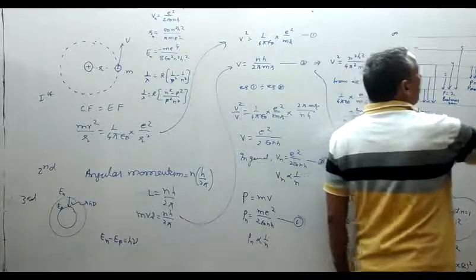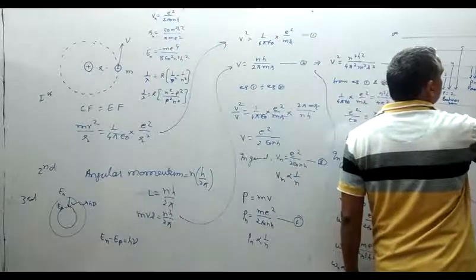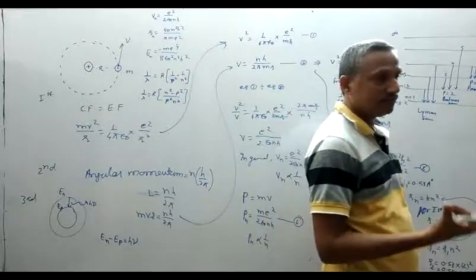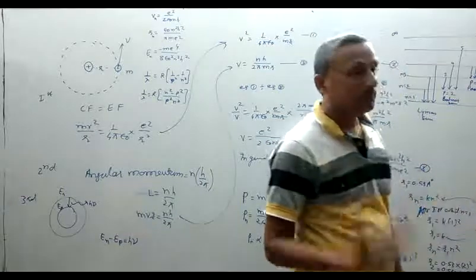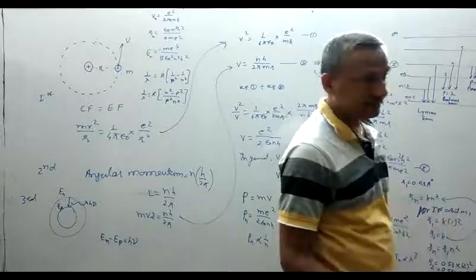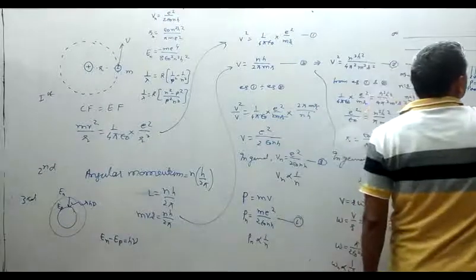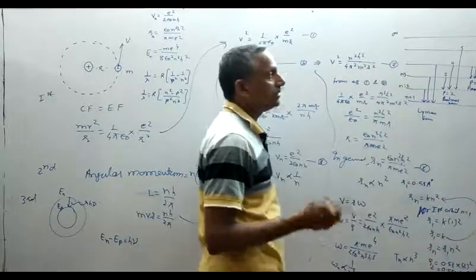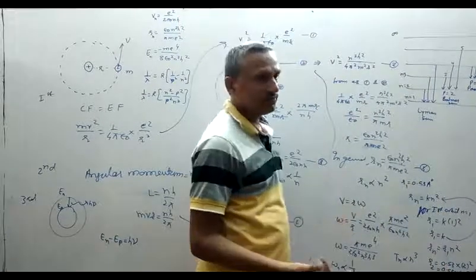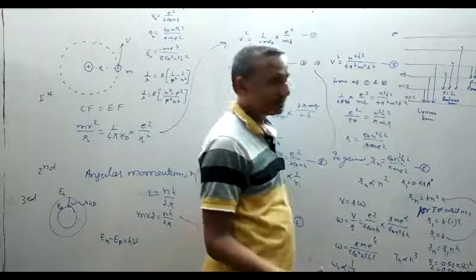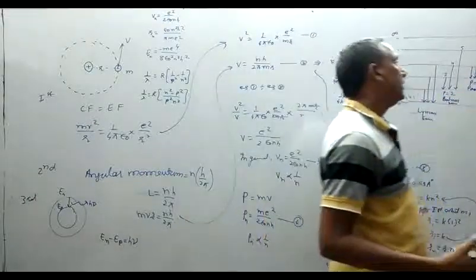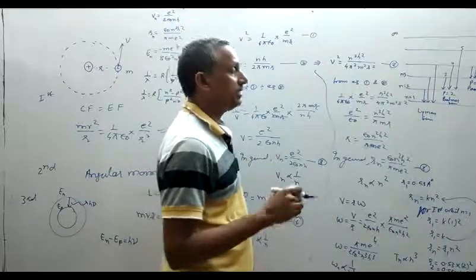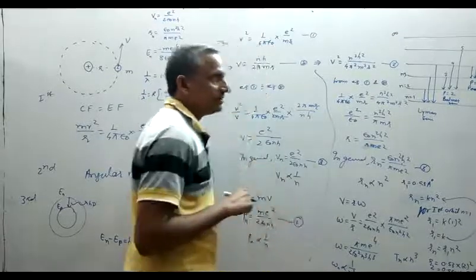When an electron jumps from a higher stationary orbit to a lower stationary orbit of principal quantum number 4, the series of wavelengths obtained is called the Brackett series. And if the electron jumps from a higher stationary orbit to the lower stationary orbit of principal quantum number p is equal to 5, the series of wavelengths obtained is called the Pfund series. So in this way there are different energy levels to which an electron may jump. This is about the different energy levels of the hydrogen atom.